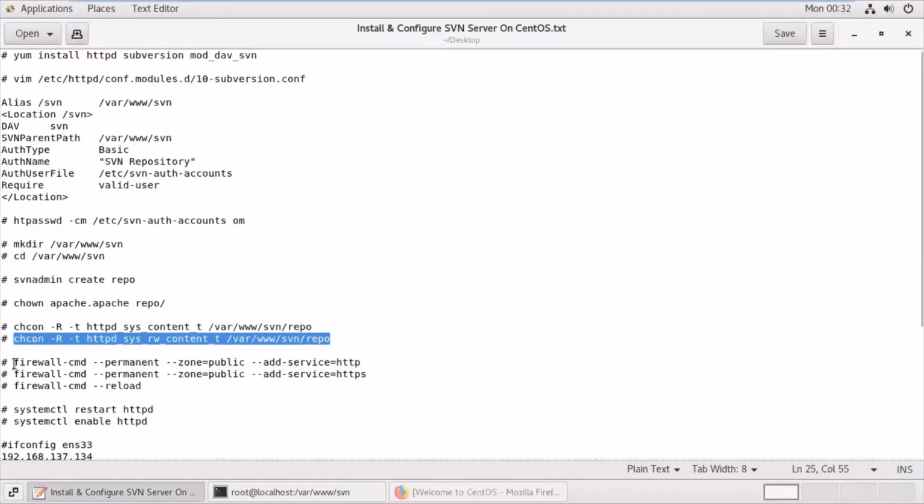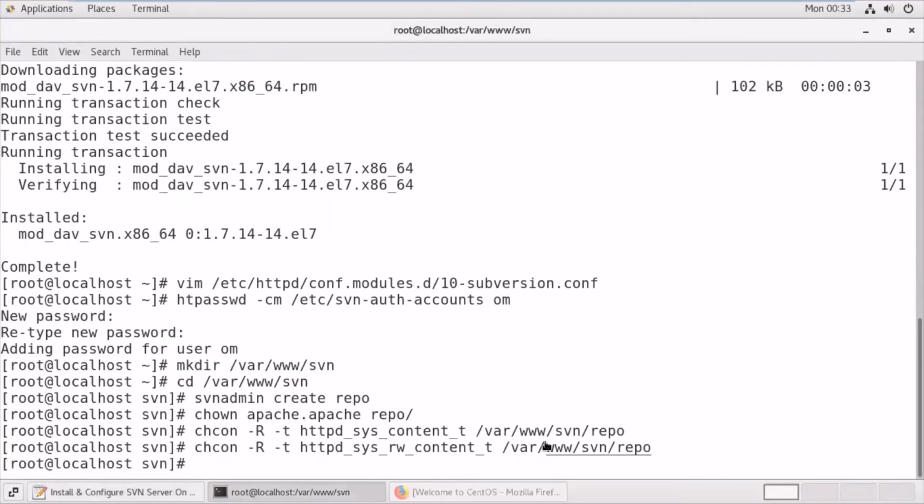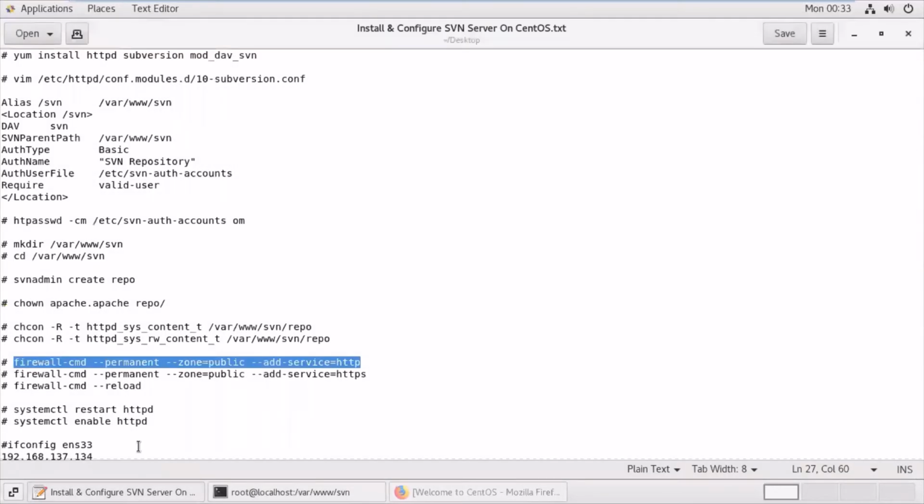Okay, now about the firewalls. First of all let's check that the firewall is running or not. So yes, the firewall is running.